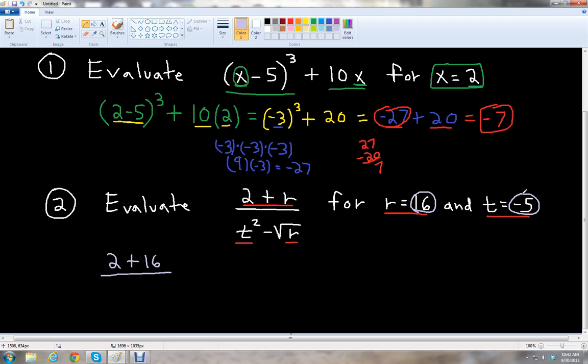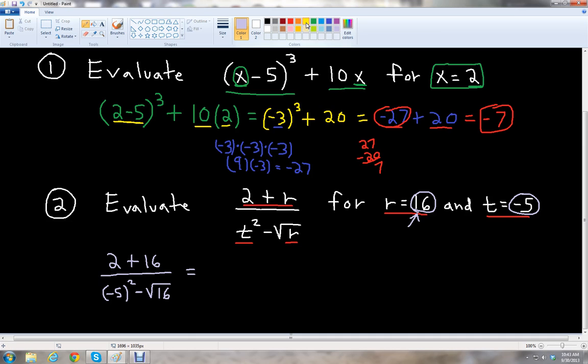The value of t is negative 5, and we're going to square that, put it in parentheses, negative 5 squared, and then minus the square root of r, and we know r is 16. So we plug both of our numbers in, r equals 16 and t equals negative 5, into our